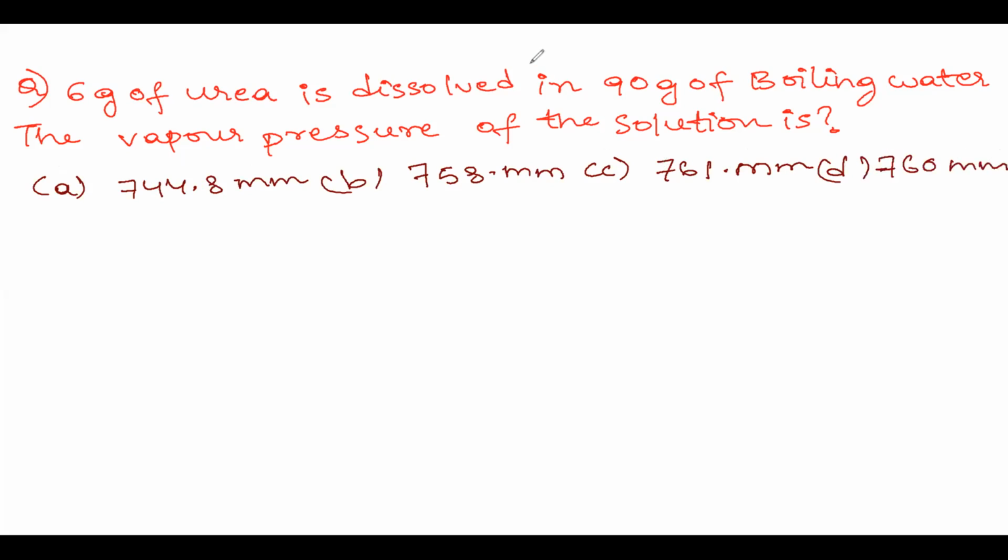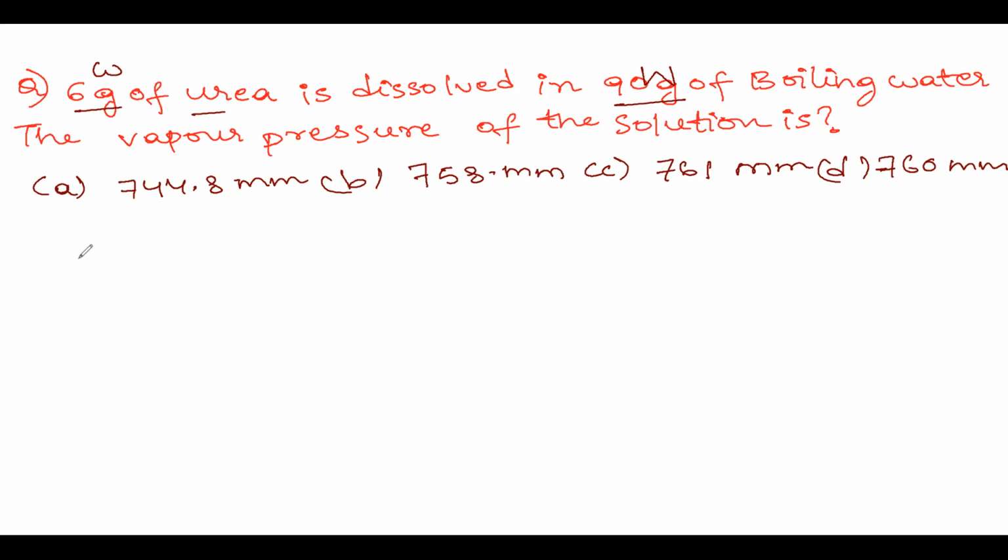So now I'm proceeding to this problem. Just all of you see here now. Listen carefully. 6 grams of urea is dissolved in 90 grams of boiling water. So this is nothing but the RLVP case, relative lowering of vapor pressure. Water is the pure solvent, and 6 grams of urea is dissolved in boiling water. Then automatically the vapor pressure of the solution decreases. But they have not given the vapor pressure of boiling water. That is most important. For water they will not mention it, because already you know the vapor pressure of boiling water is equal to 760 mm.